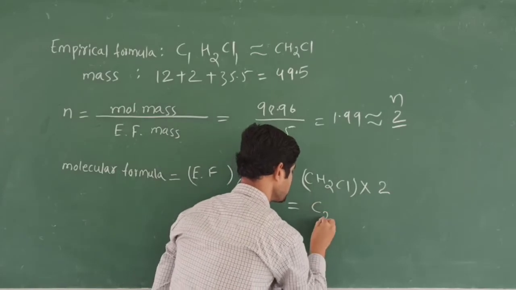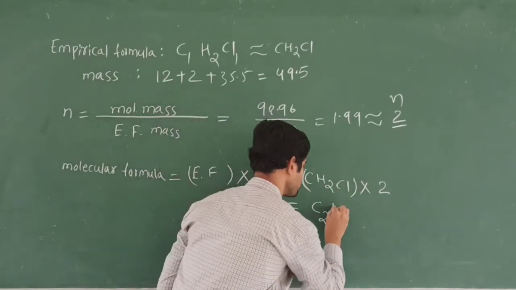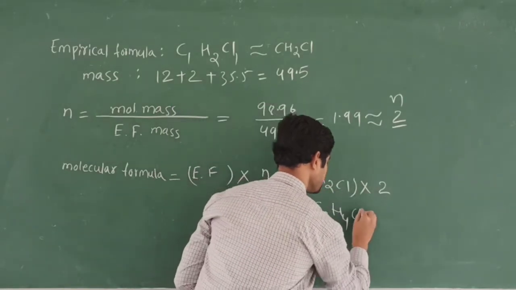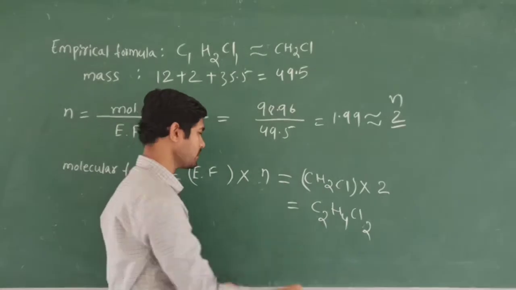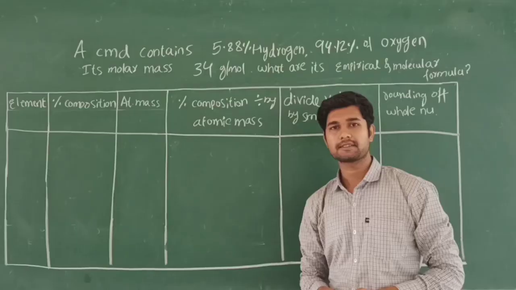It is called C2. Hydrogen 2 is there already. So 2 into 2, hydrogen has 4. Cl1 is there, into 2 times Cl2. So this is the molecular formula of the given compound. Let's see one more